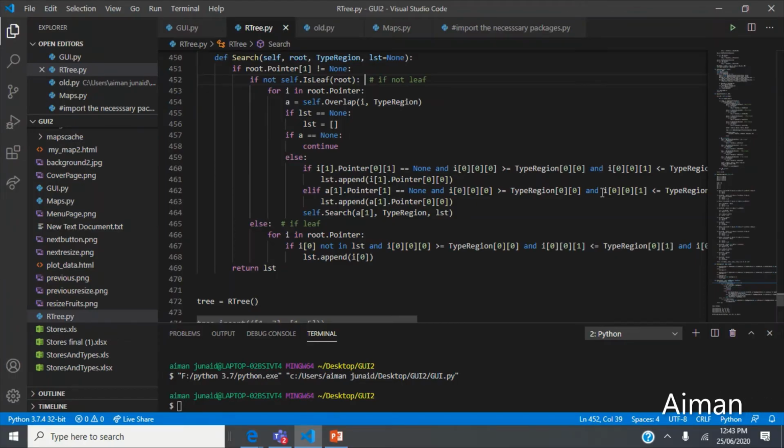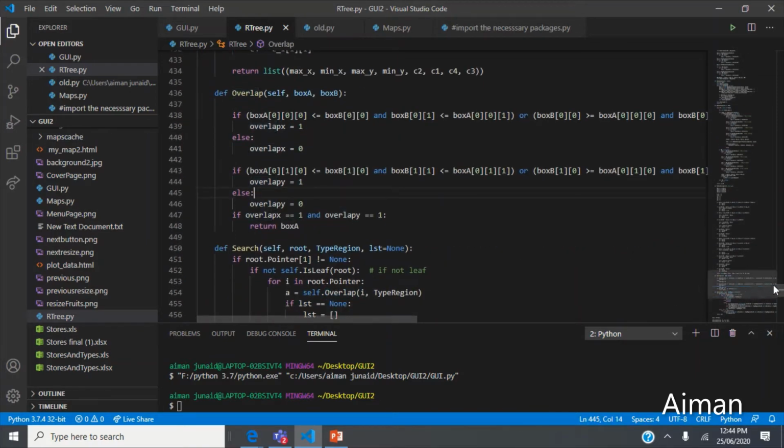Hello, my name is Ayman and I've worked on the range search and the GUI. For the search function, I've taken three parameters as input. The first is the root node, the second is the region in which we are supposed to find all the rectangles, and the third is the list which will contain all the entries. I've iterated over all the non-leaf nodes to examine each entry of that non-leaf node to find those MBRs that intersect with my region. We have the overlapping/intersecting function here,